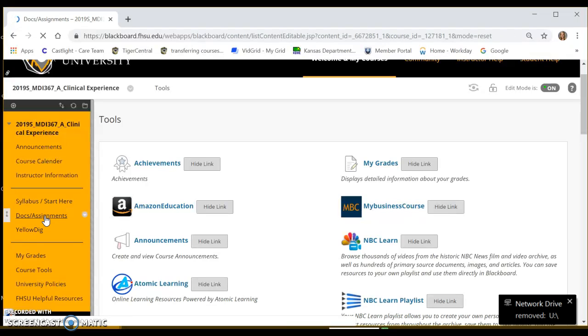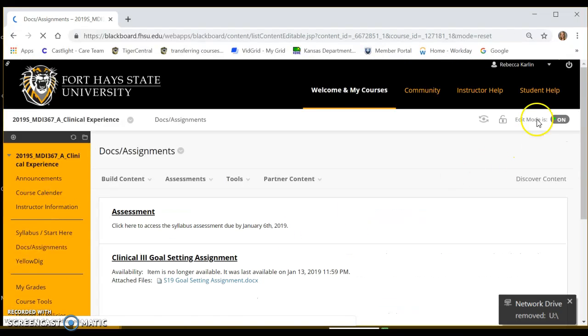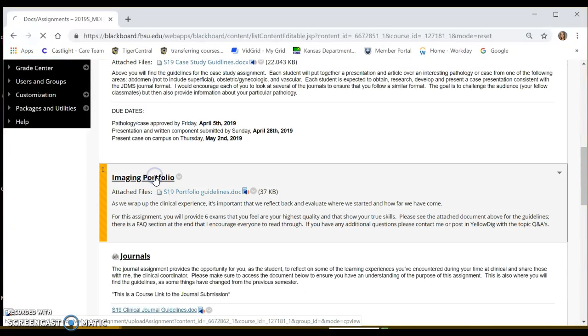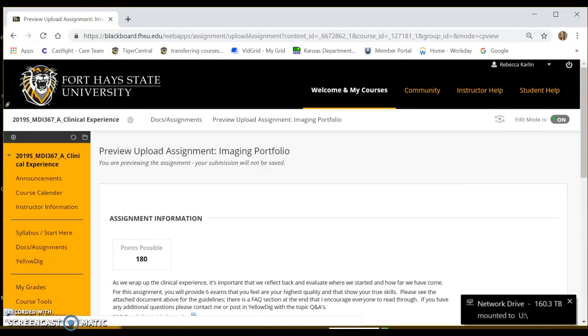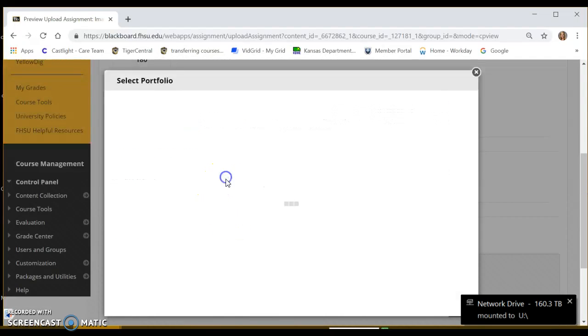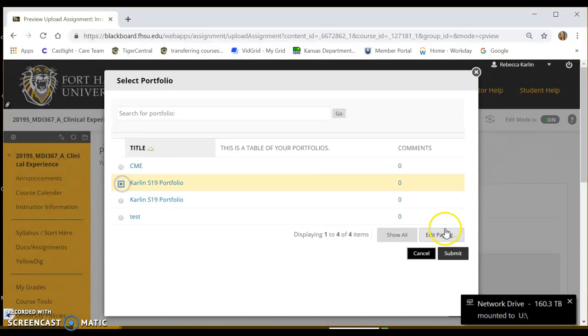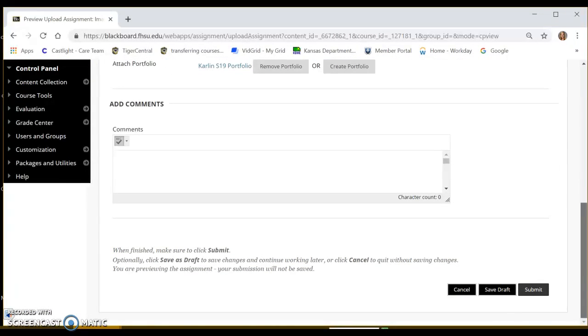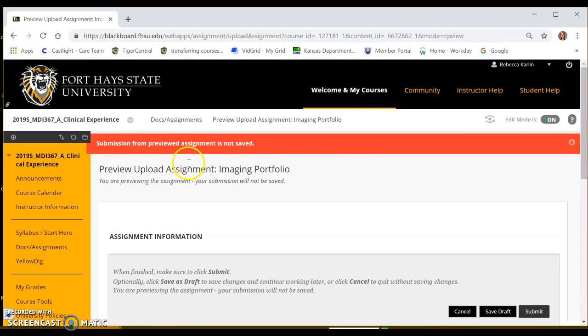Okay. So like I said, let me show you one more time. If you were ready to submit it, you're going to go back to your Docs and Assignments. You're going to click into Imaging Portfolio. You have been in, you've edited it, it's all perfect. You're going to select Submit, and then you're going to submit, and that will push it through to the Grade Center to allow me